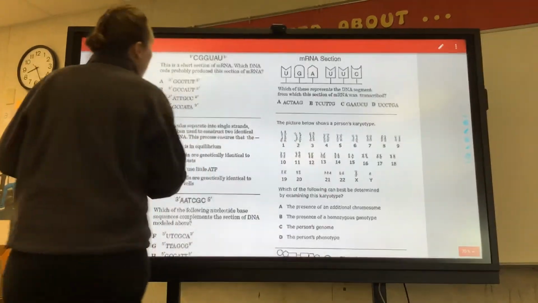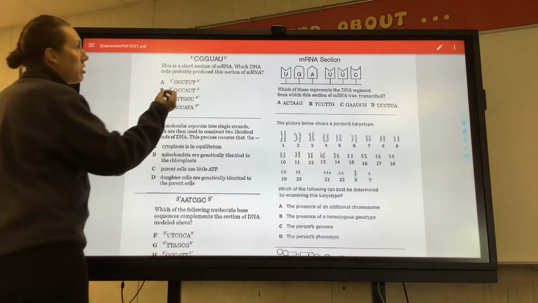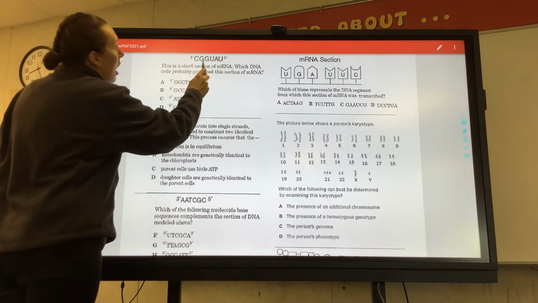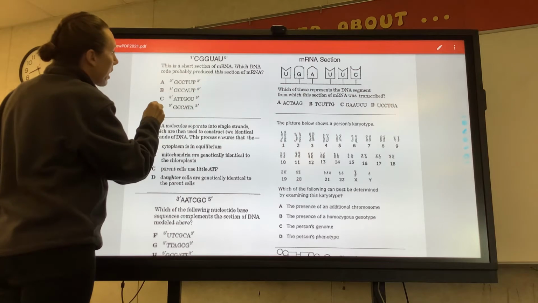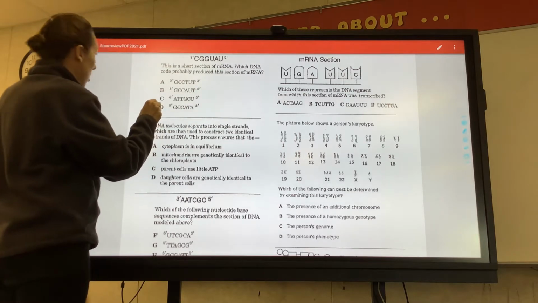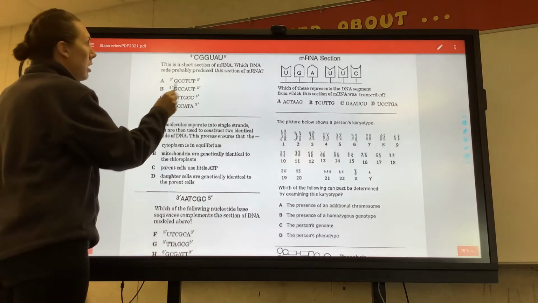This is a short section of messenger RNA. Which DNA code probably produced it? So they're asking for the DNA, so just which DNA matches with it. GCC, ATA. Did y'all get D? Yes. No. Oh, it's D. Okay, because look at